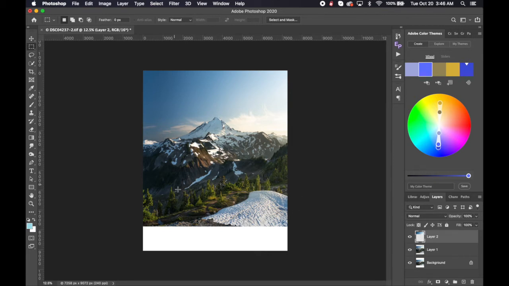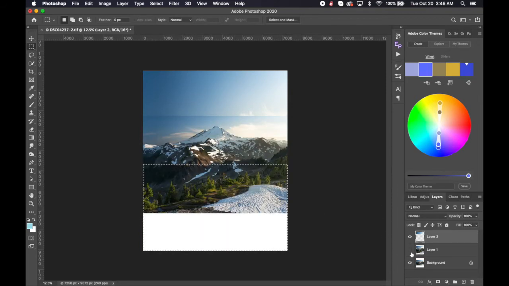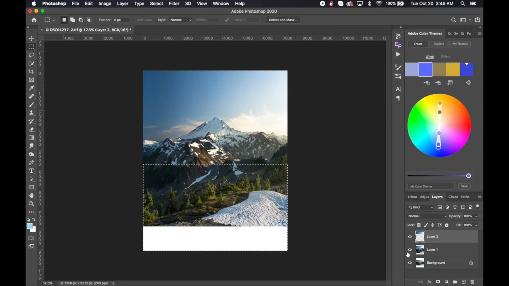The other thing we're going to do is the same concept to the bottom. So you'll have to go back to make sure layer 1 is selected. If you try to do this on layer 2, I'm going to go ahead and turn these off so you can see what would happen. There's no bottom layer to duplicate, because this layer 2 was only that sky bit that we already did. So what I'm going to do is turn those back on, make sure layer 1 is selected,